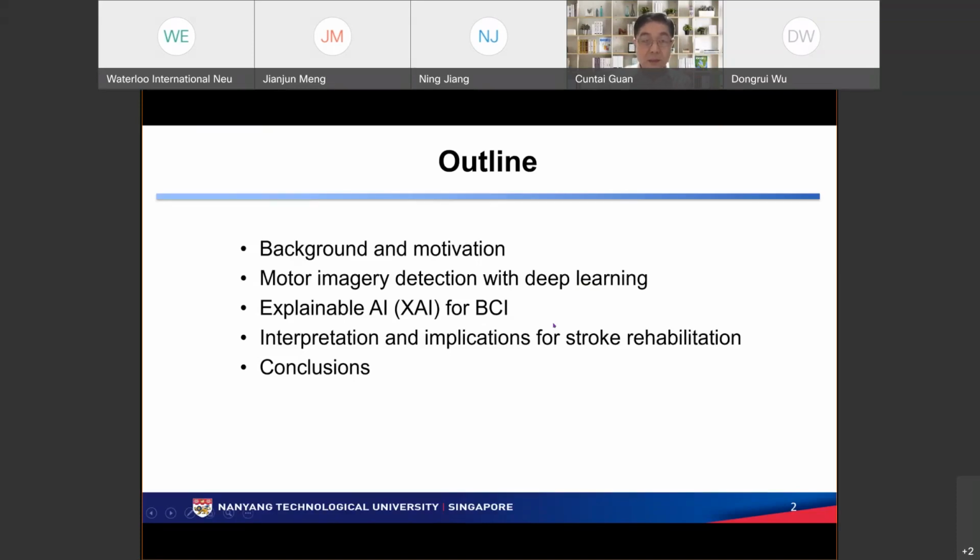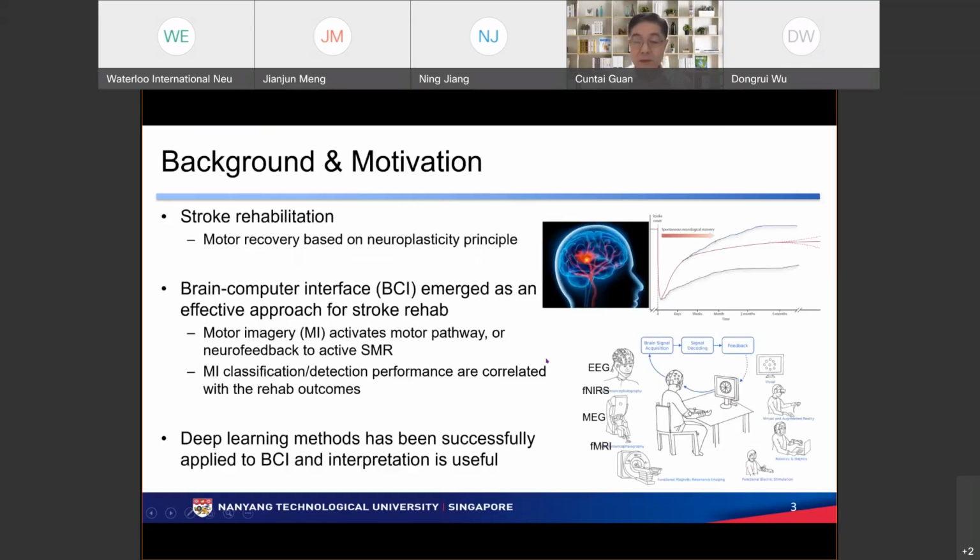Okay, so the background is straightforward. We have seen very active research in using BCI, or brain-computer interface, for stroke rehab in the last 10 to 15 years. As of today, if you look at the literature, there are close to 50 clinical studies with different sample sizes, which show the effectiveness of using BCI for rehab. Of course, the principle is based on neuroplasticity, right?